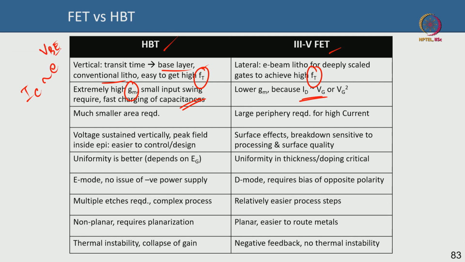That is why your GM can be significantly higher in HBT. In HBT you need much smaller area because you have very high current density. In FET, to increase the current you have to increase the periphery of the device, and you end up spending a lot more real estate. In a vertical device the field is drawn vertically, so it's easier to control, there is no surface